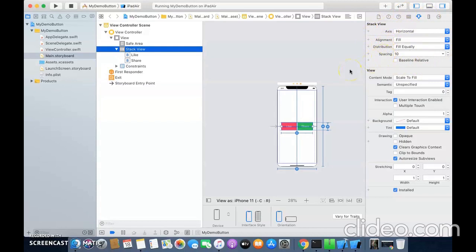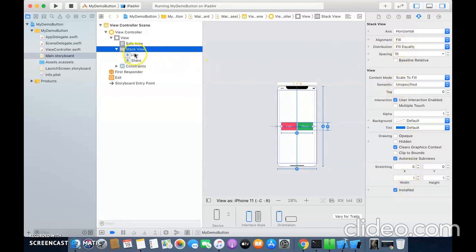And the content hugging priority and content resistance priority are properties of auto layout. We will discuss them for the stack view as well as for the auto layout. So first let's start with the axis.